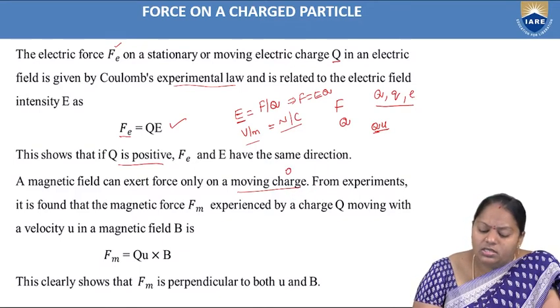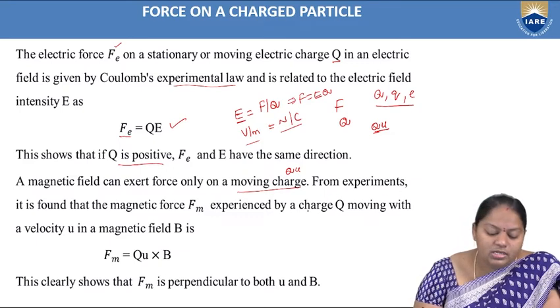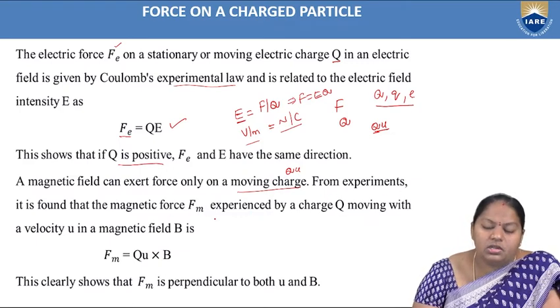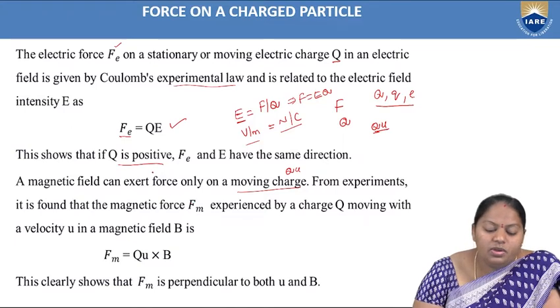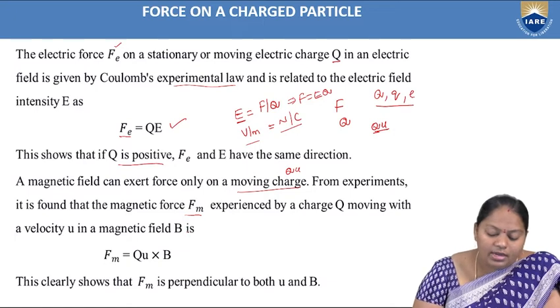Moving charge means this charge is denoted with Q and it is moving with a velocity U. Then from experiments, it is found that the magnetic force Fm. As we have considered Fe for the electric force, Fm means magnetic force, where M is the notation for magnetic and F is the notation for force. The force is experienced by a charge Q moving with a velocity U in a magnetic field B, and it is given by